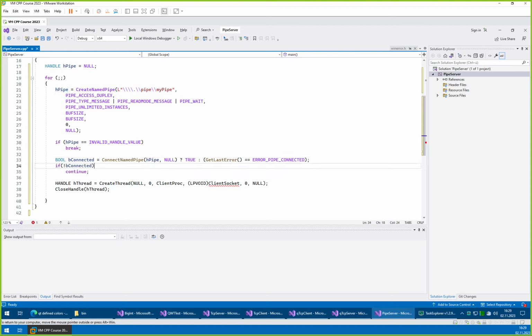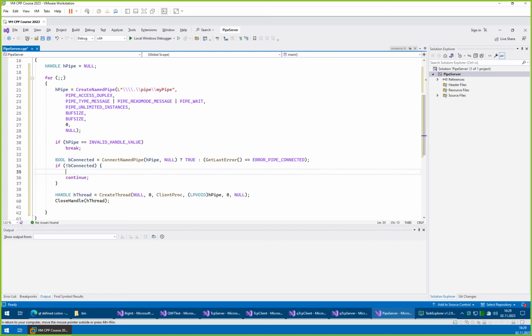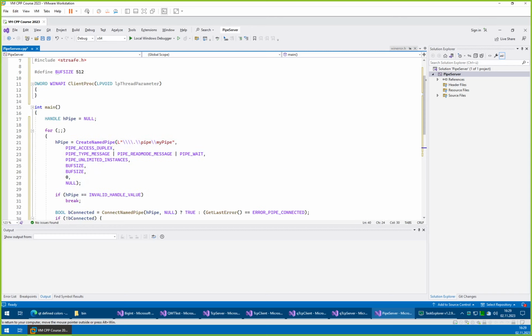So again, we have here our create thread, and also unlike before with sockets, the connect here does not create a new object. The existing pipe just becomes connected, which reminds me that here we should close it. In case of a failure, we still need to close the object, otherwise we would have a resource leak. Okay, and of course here a pipe,